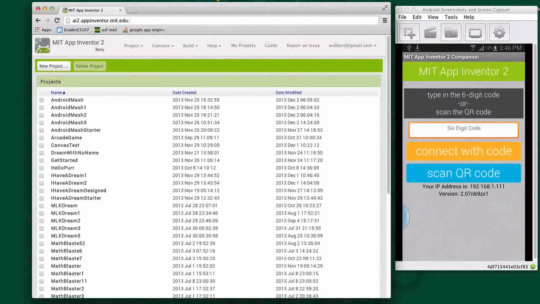Hi, this is Professor Wolber from appinventor.org and USF. I'm going to show you how to build apps with App Inventor 2, and I'm going to show you how to build a PaintPot app where you can take a picture with your camera and then draw funny lines and circles on it. It's a fun app, and it'll teach you a lot about programming. Okay, so go to